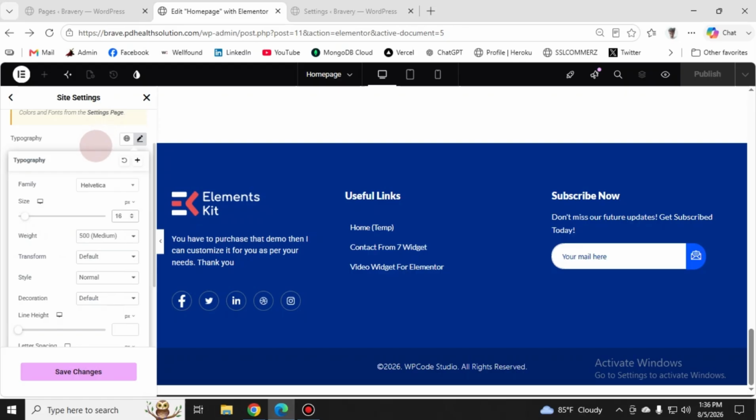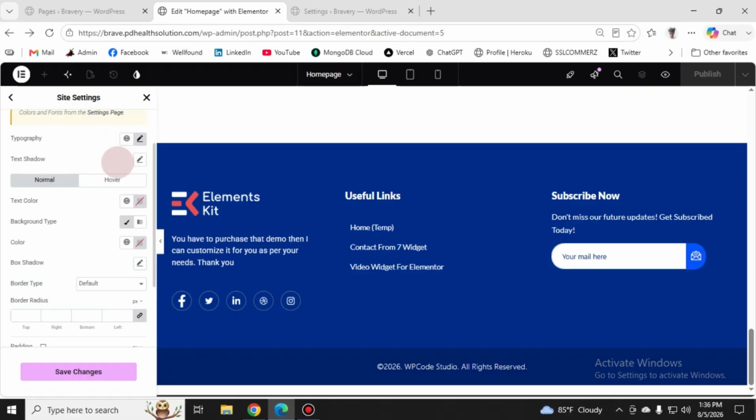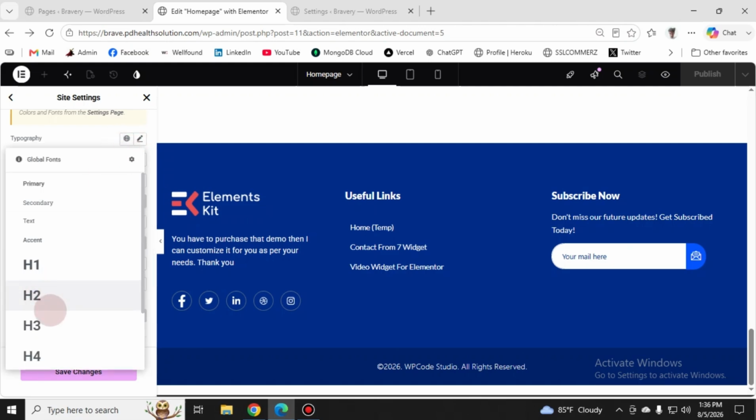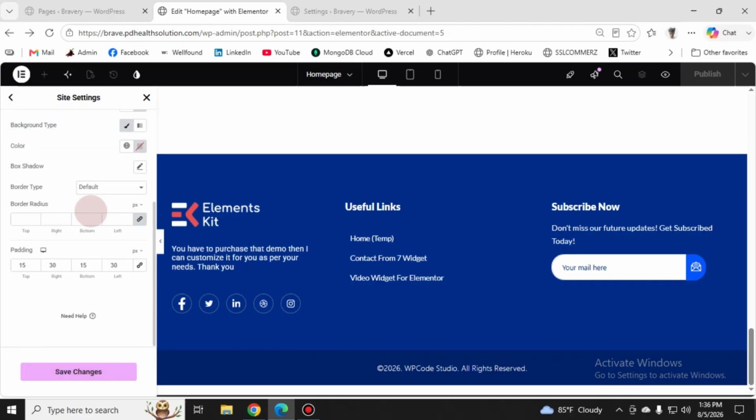But I won't do it this way because I have already set global font size and typography for the entire website. If you don't know how to set it, then from this video description you will get the video on how to set global dynamic font size and typography. So let me remove all this, and I will just select that dynamic and global typography that I have already set here. This is called text,